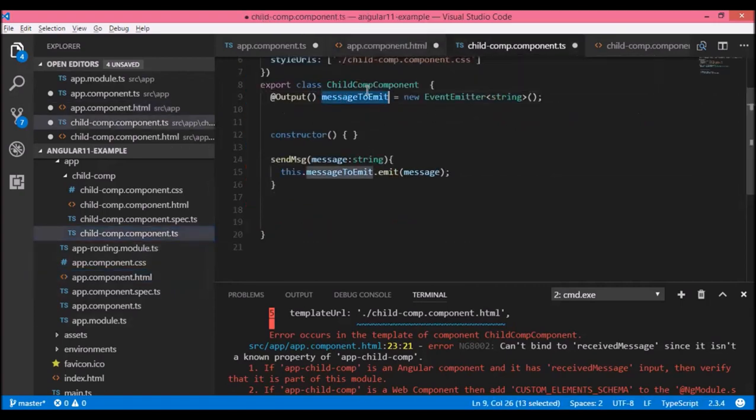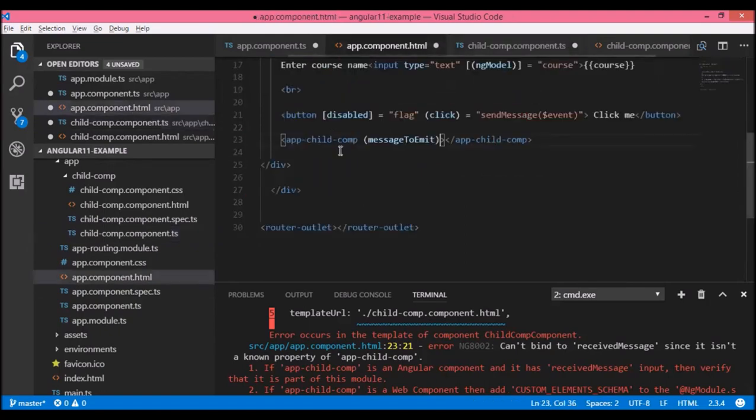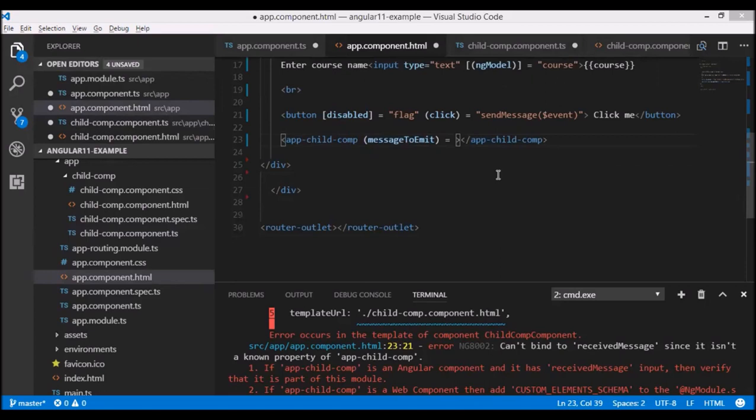this is an event. I told you that this is an event. So we'll write it inside my parenthesis. Okay. So I want something to happen. Okay.